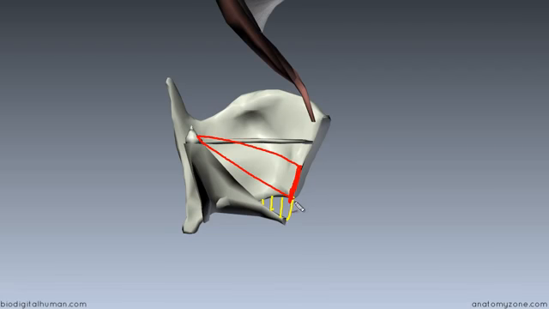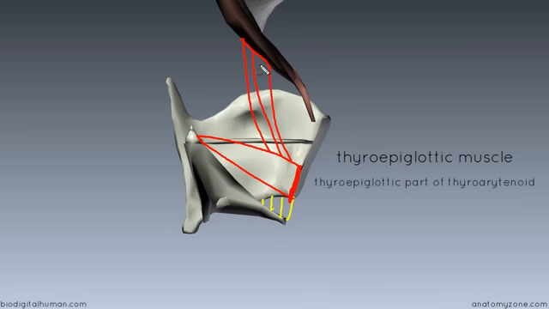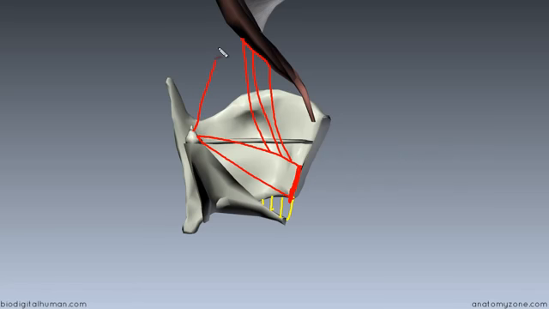So it's quite a broad muscle. You've also got some fibres given off from the thyroarytenoid muscle onto the epiglottis. So you've got fibres coming up onto the lateral surface of the epiglottis, and this is referred to as the thyroepiglottic muscle, or the thyroepiglottic part of the thyroarytenoid muscle. So remember, you've also got the aryepiglottic muscle, which is a part of the oblique